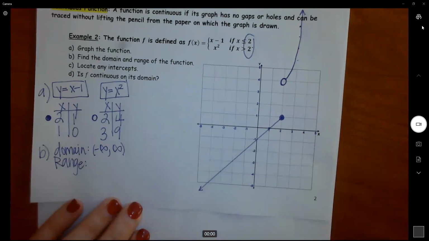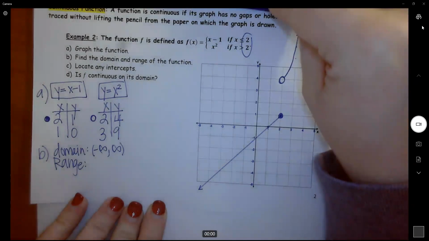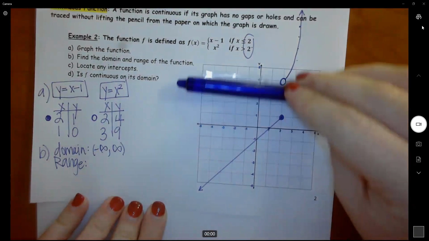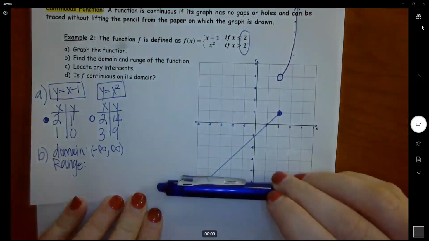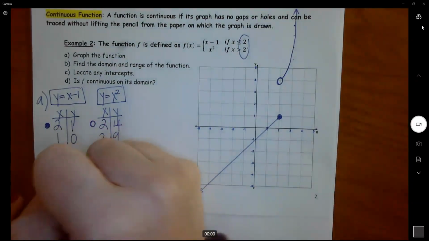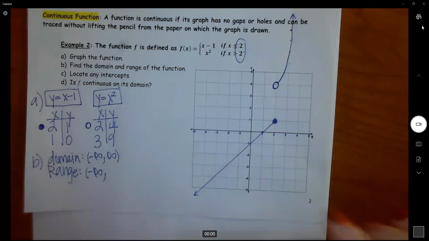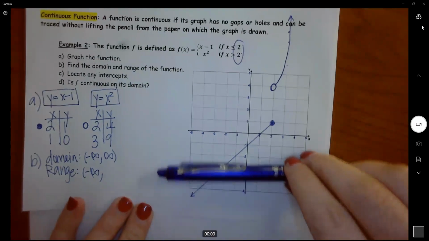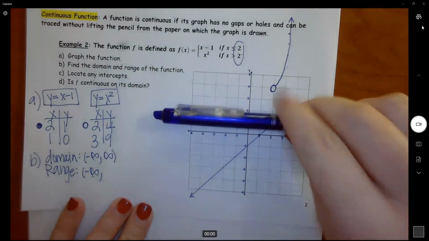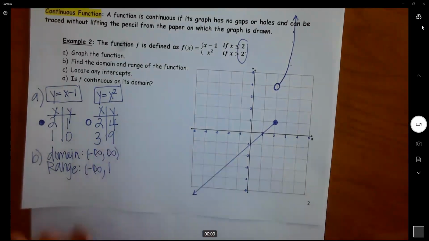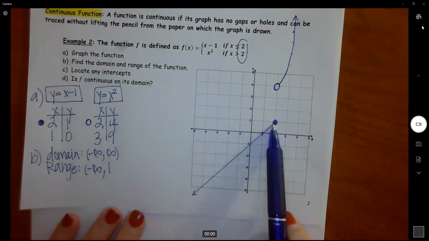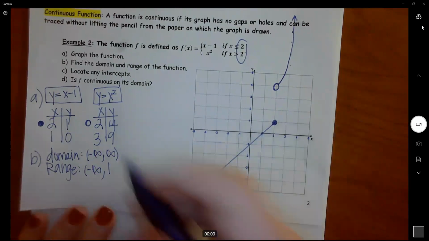So then your range, remember we go from bottom to top, and notice, as I already said previously, we have a break here. So when I go from bottom to top, the first thing I hit is an arrow, so it's negative infinity. And so then it keeps going until it hits right here at y is 1. Now at y is 1, that point is included because it's got a closed circle, so this is going to